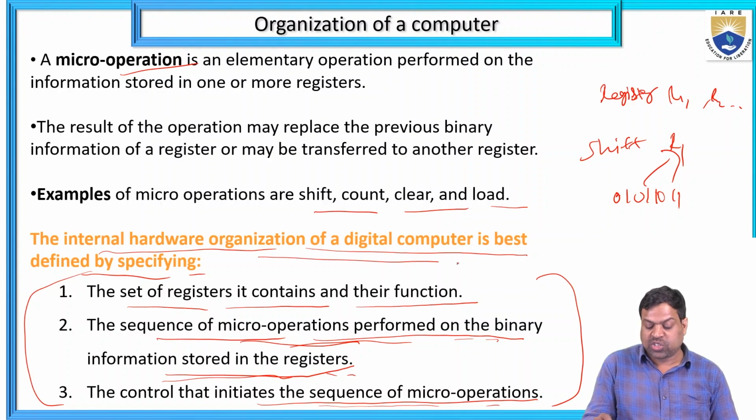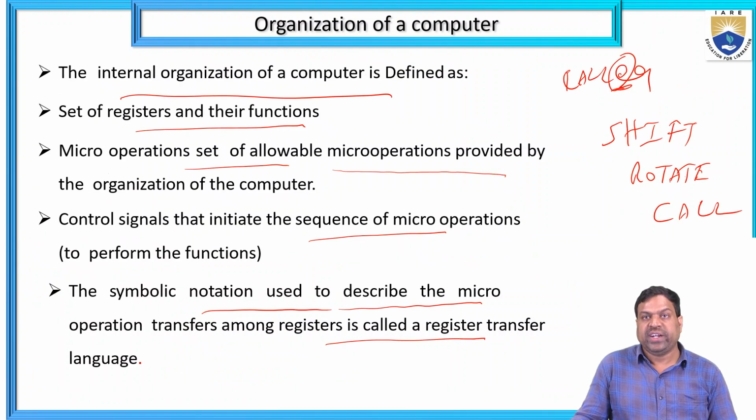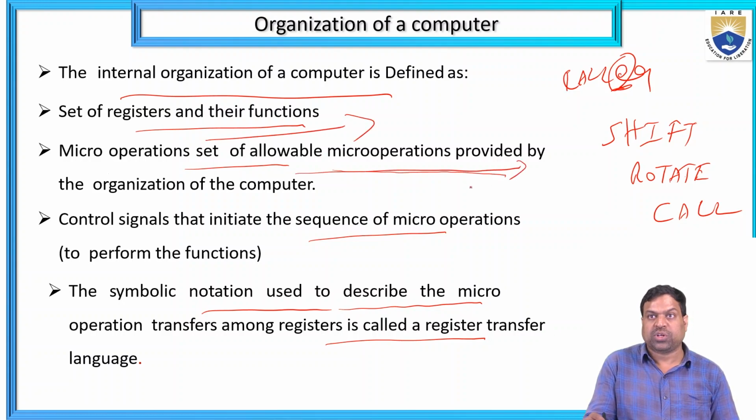And the hardware organization of digital computers has the following specifications. The set of registers contained in the computer and their functions, the sequence of micro operations performed on the binary information stored in the registers, and the controls that initiate the sequence of micro operations. The internal organization of a computer is defined as the set of registers and their functions, the micro operations provided by the organization of a computer, and the control signals initiating the sequence of micro operations, and the symbolic notation used for describing the micro operations is called register transfer